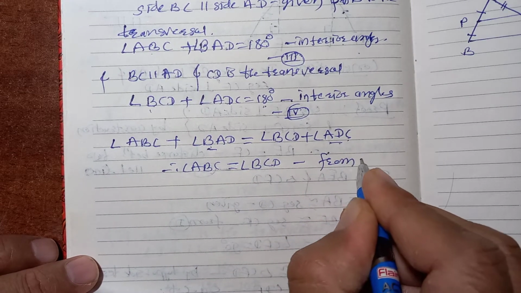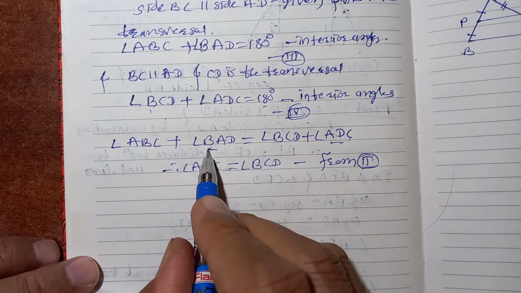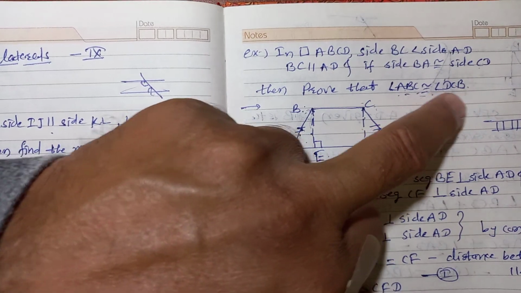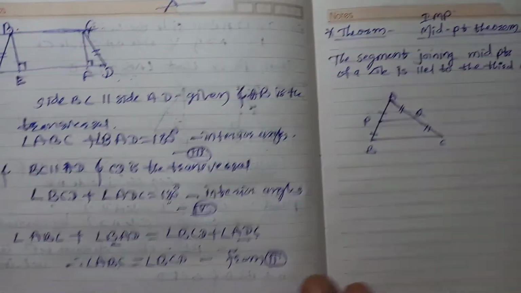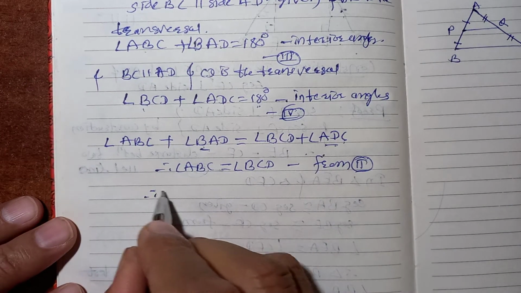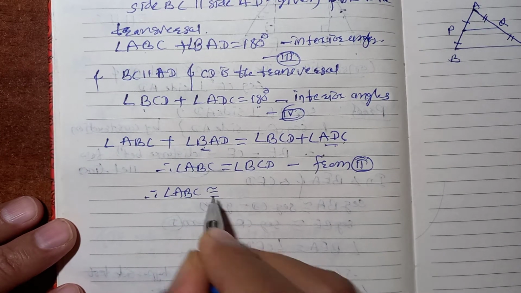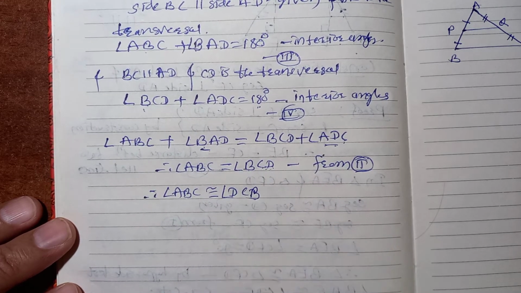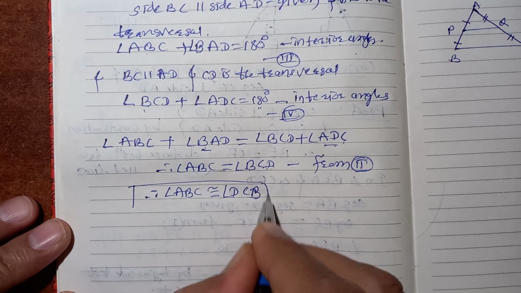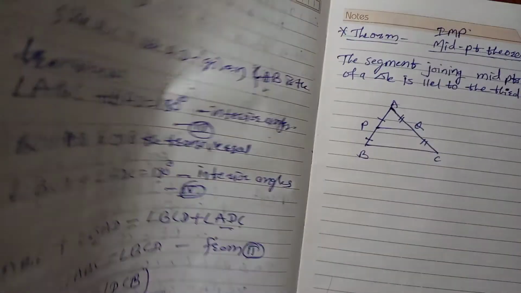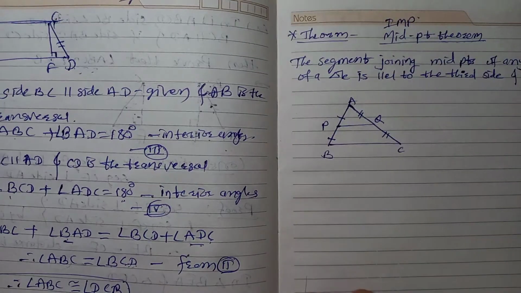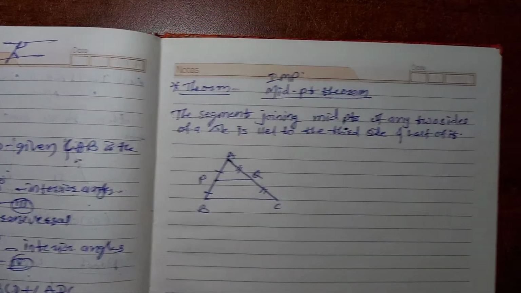So here you can use this equation from second, because these two are equal, then that is automatically gone. So it's gone. So ABC is equal to BCD. DCB means BCD. So if these two are same, we can say angle ABC is congruent to angle DCB. You can write BCD or DCB, both are same, is the proof of this theorem. So what we shown? These two angles are congruent, these base two angles are congruent. Okay. Now, one important theorem here you have to study.